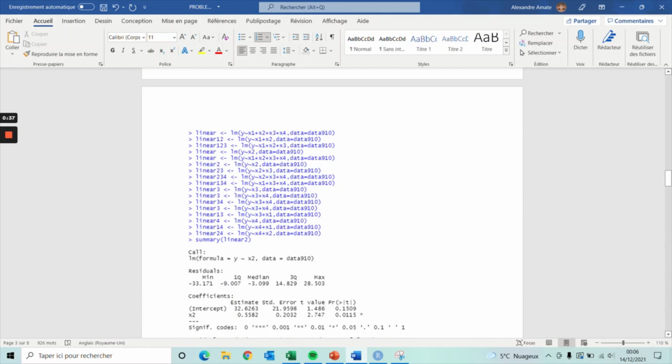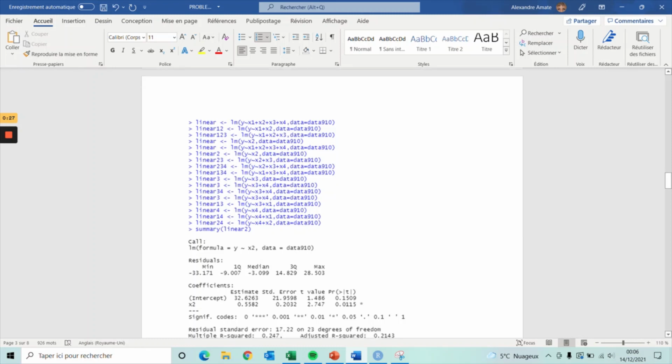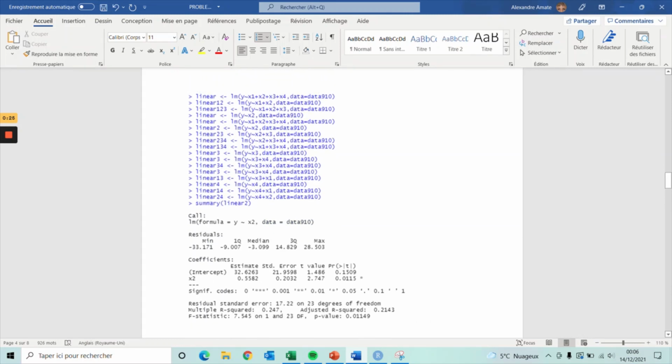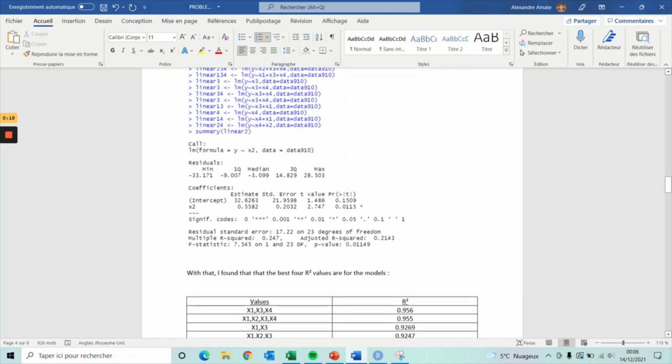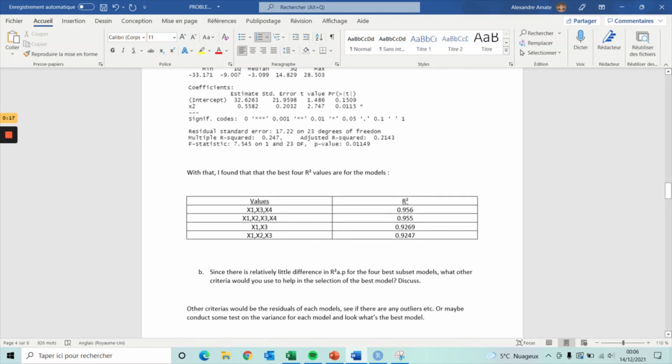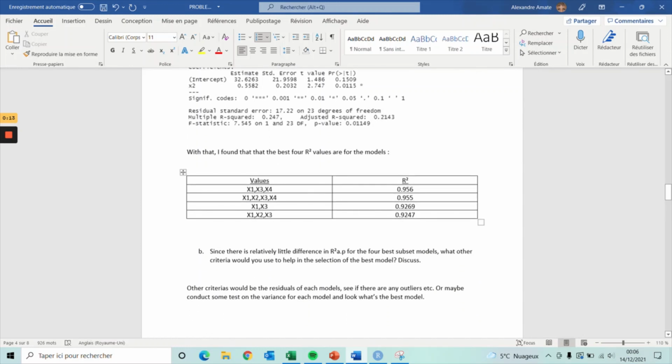So basically I created all the different linear models: x1, x2, x3; x1, x2; x1, x2, x3, x4, etc. Then I looked up all the R squared values. For example, here is the R squared value. The best R squared values are for the models with x1, x3, x4,